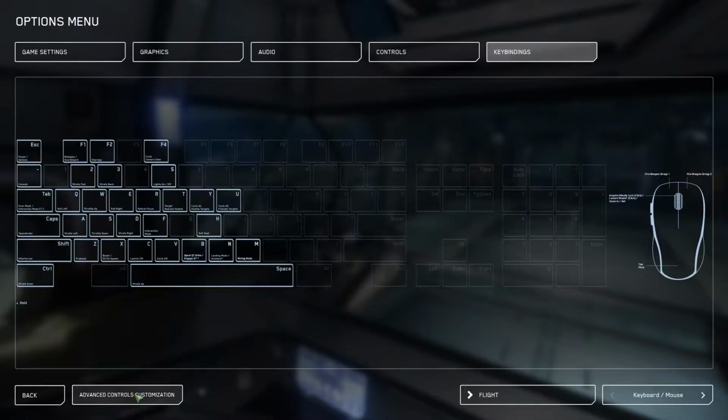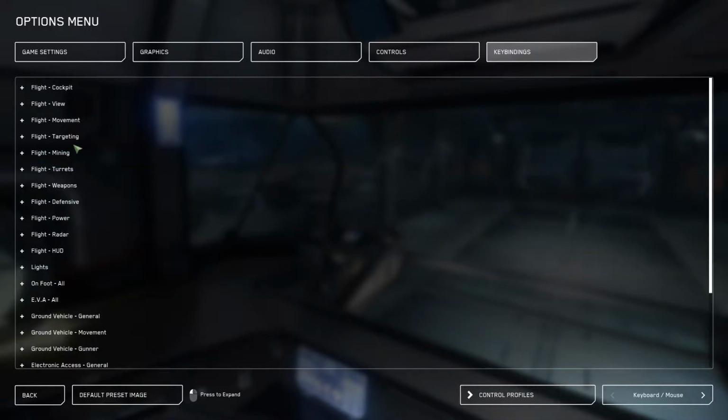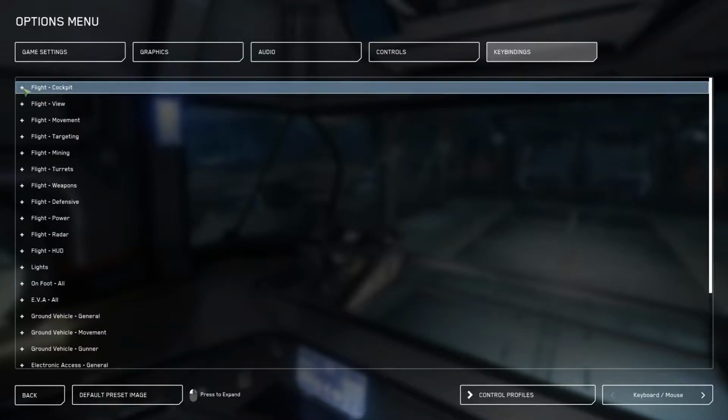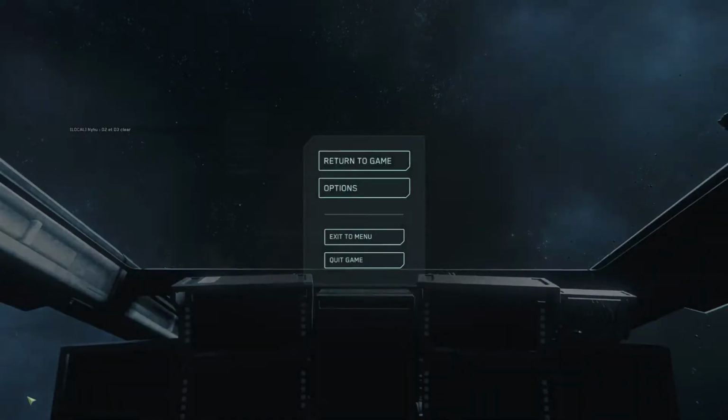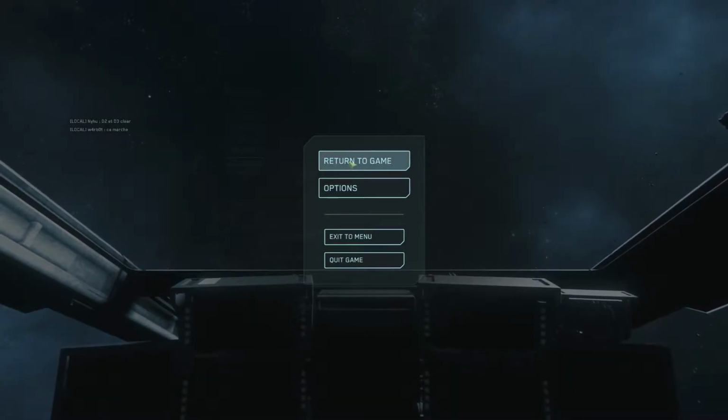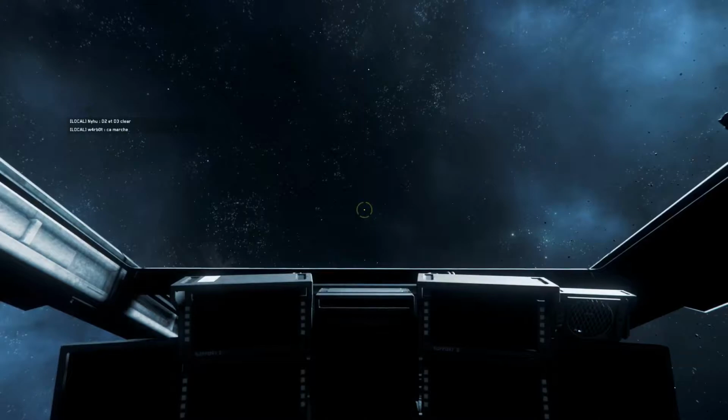If you click on advanced and you go, for example, to cockpit, you see I have some shortcuts. They may work, they may not, but definitely flight ready works. See, flight system ready, F5, and that's what I'm gonna do now. The other ones, ignore them because I don't know if they work or not. Sometimes they work, sometimes they don't, but F5 definitely works. Okay, let's return to the game, press F5,